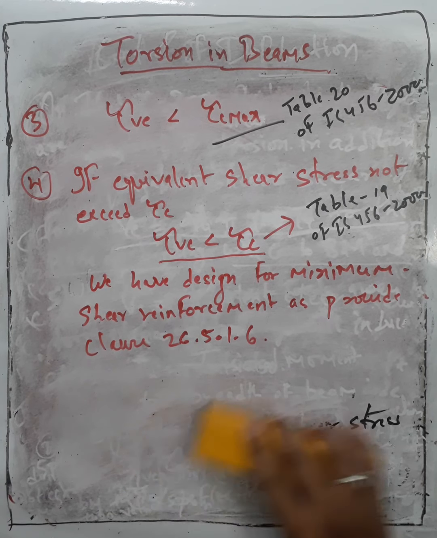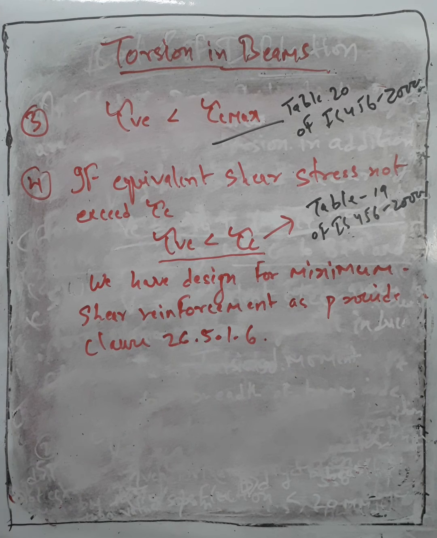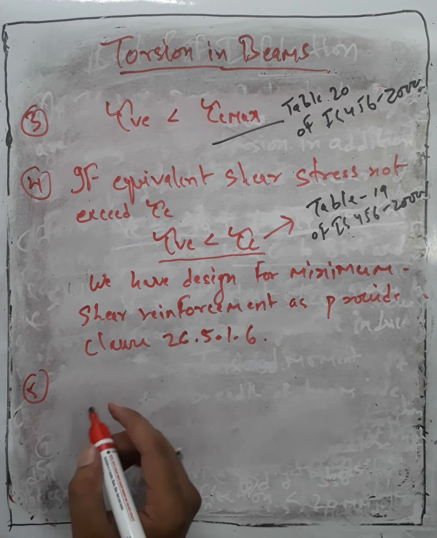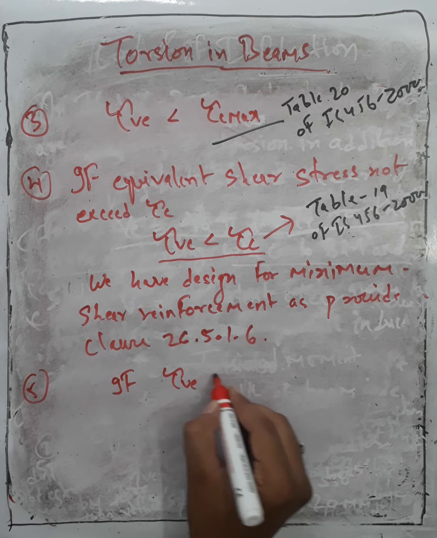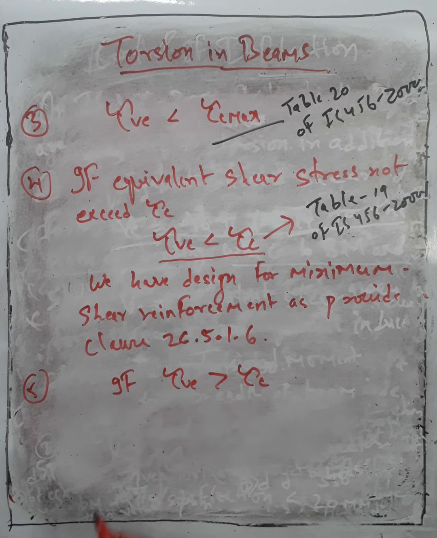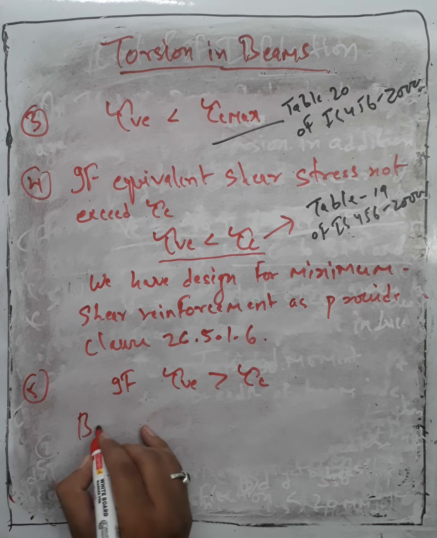After you get tau V greater than tau C, what do you have to do? If tau VE is greater than tau C, then you have to design for both